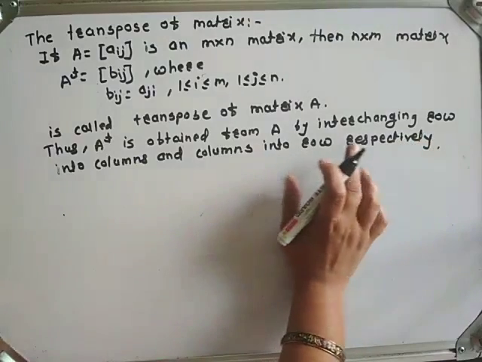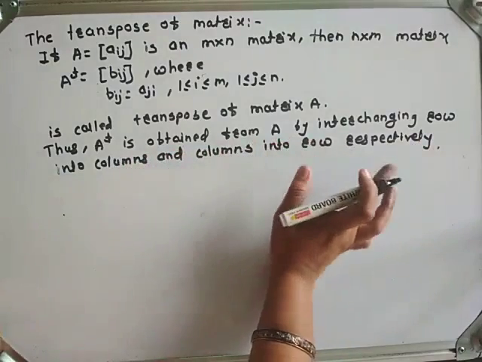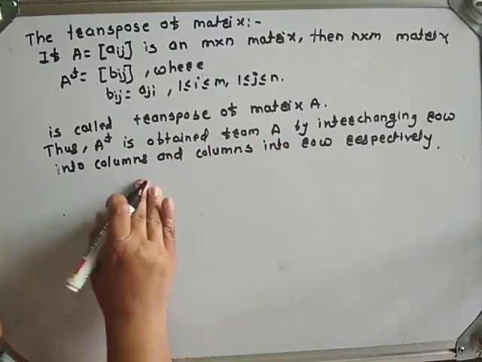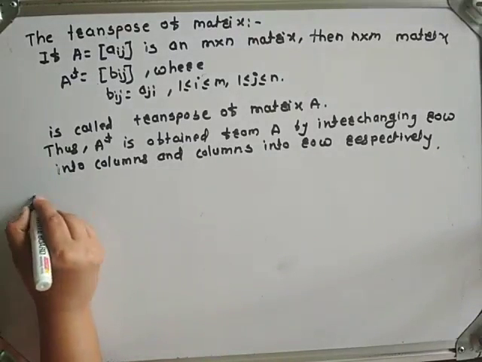A transpose is nothing but A transpose is obtained from A by interchanging rows into columns and columns into rows respectively. For example,